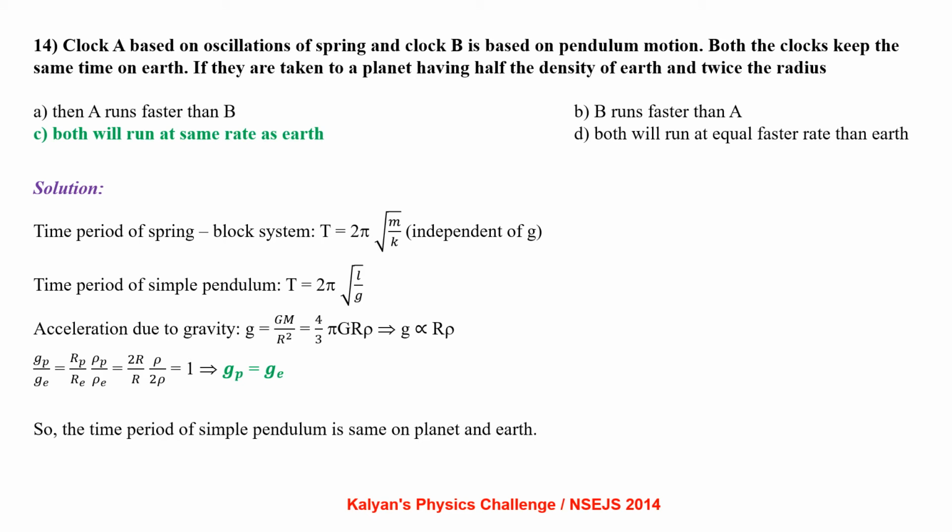Clock A is based on oscillations of a spring and clock B is based on pendulum motion. Both the clocks keep the same time on Earth. If they are taken to a planet having half the density of the Earth and twice the radius,